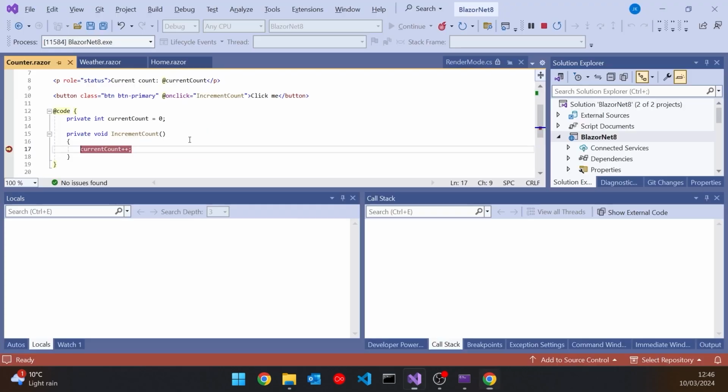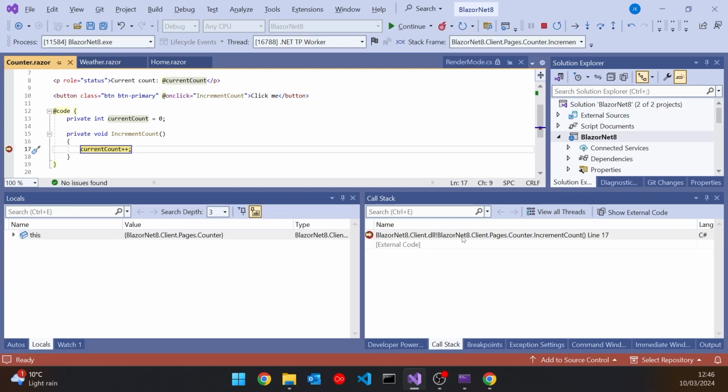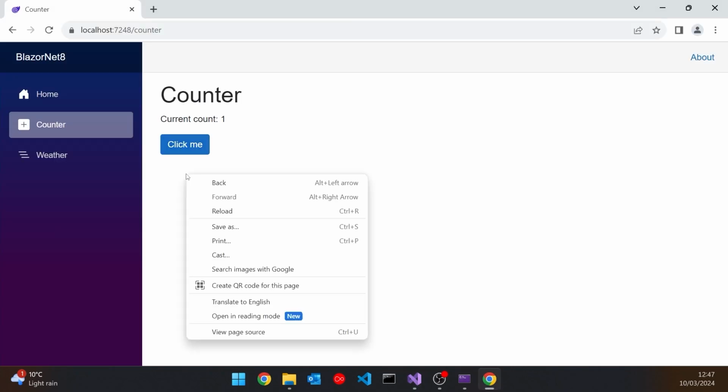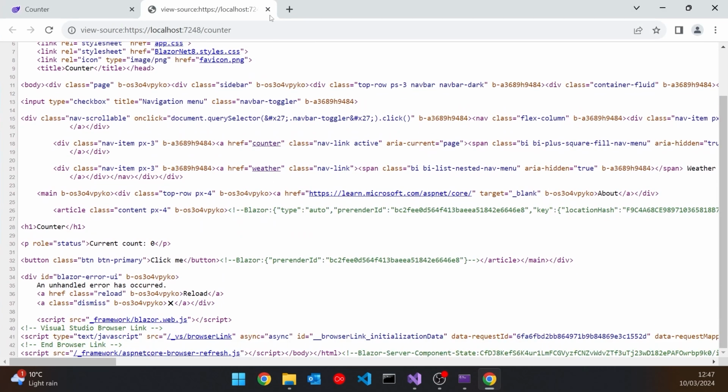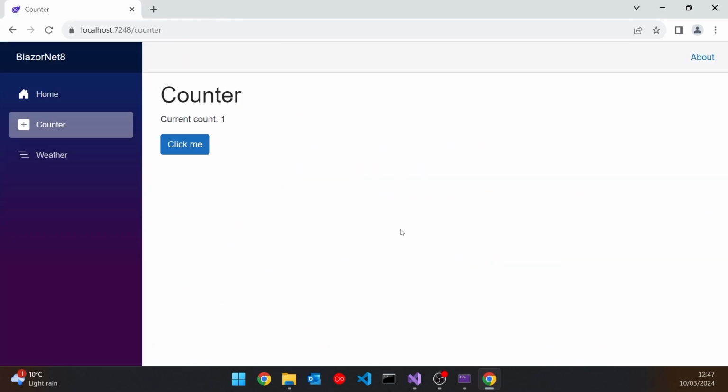And if I do click me, then we look at the call stack and we can see we've just got that very short call stack, and that tells us that this is server-side rendering, so that is running on the server. And so that's the status we have for that. We've still got the pre-rendering, so that's all okay, but it's done that server-side rendering because that is the fastest for startup, for initialization, because it doesn't have to download your DLL to run in WebAssembly.